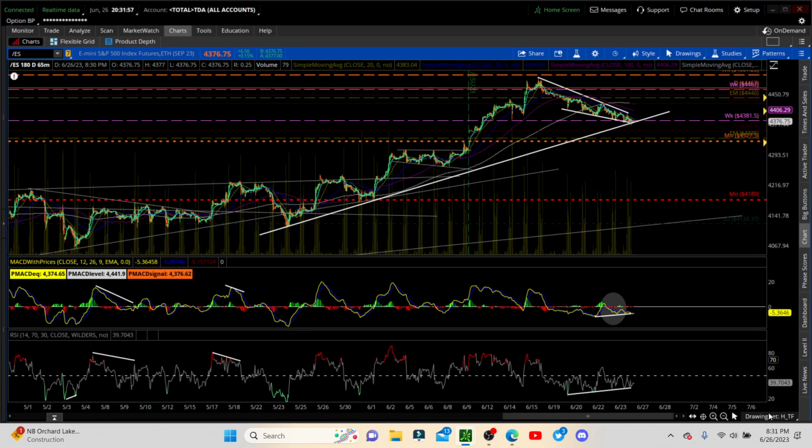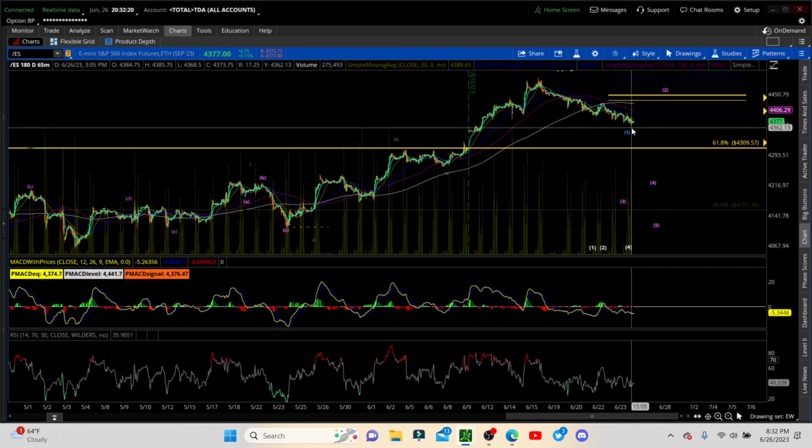And this also coincides, if we go to the Elliott wave picture, with the 62% retracement from the top to the bottom. So that could mean that this is our impulsive wave one. If this whole uptrend move is over, then this would be our first wave one down, and then we'd be looking for a retracement for wave two. So we will try some puts into that wave two.